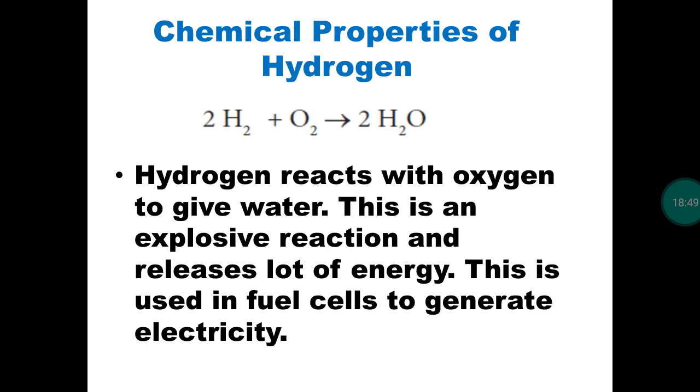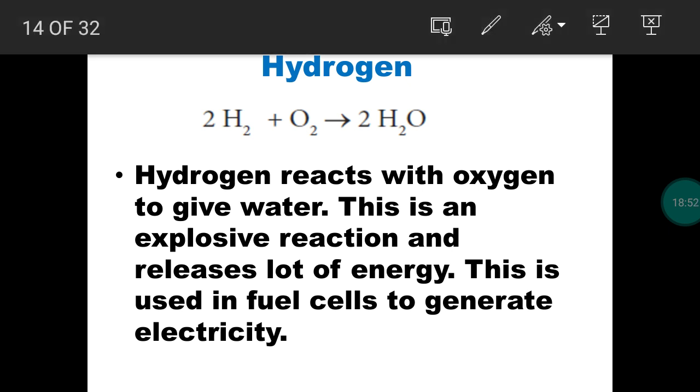What are the chemical properties of hydrogen? We know that hydrogen combines violently with oxygen to produce water. Think about the preparation of water. So in laboratory, it will be difficult to prepare water. When you mix hydrogen and oxygen, water molecule will be formed with the liberation of more amount of energy. So the reaction is an explosive reaction. So in nature, we are getting more amount of water molecules, but preparing a water molecule in the laboratory is a difficult one.